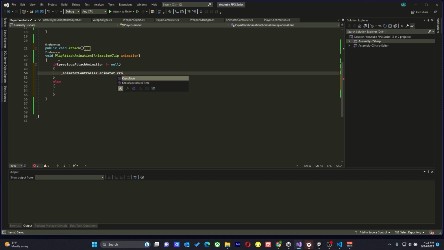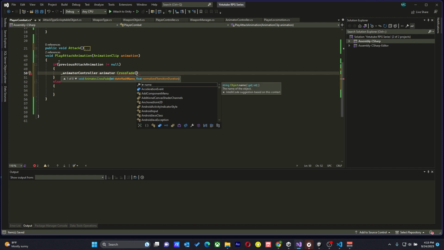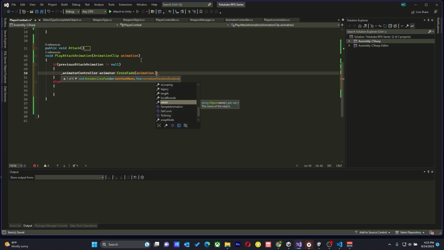Then we're going to say dot CrossFade. Then we're going to crossfade to our animation, which is this one that we are passing here. Dot name. So we want the name of that animation. That's why we put them directly, because we're going to use the same animations. And then comma. We need the crossfade